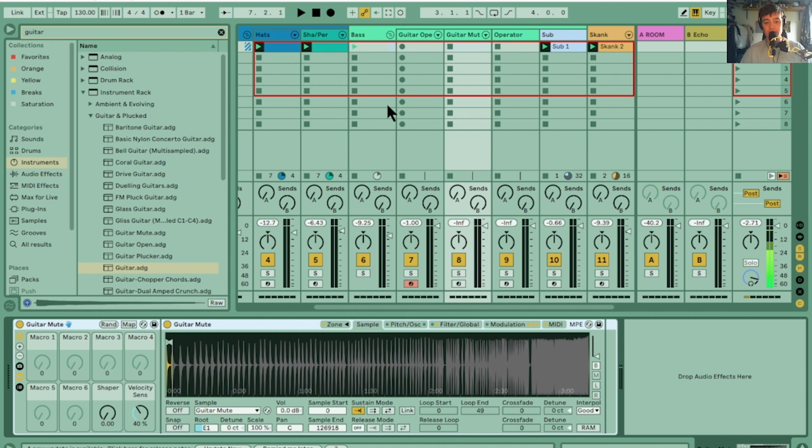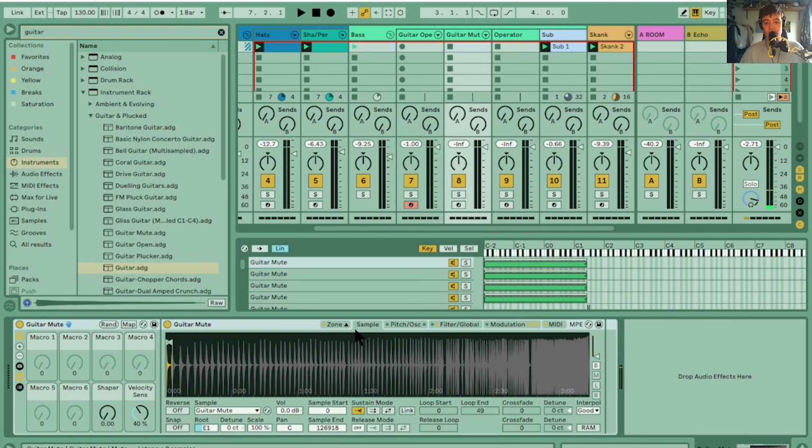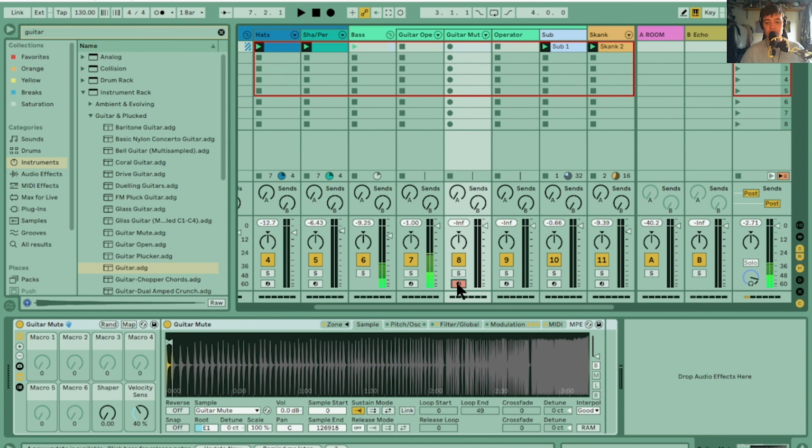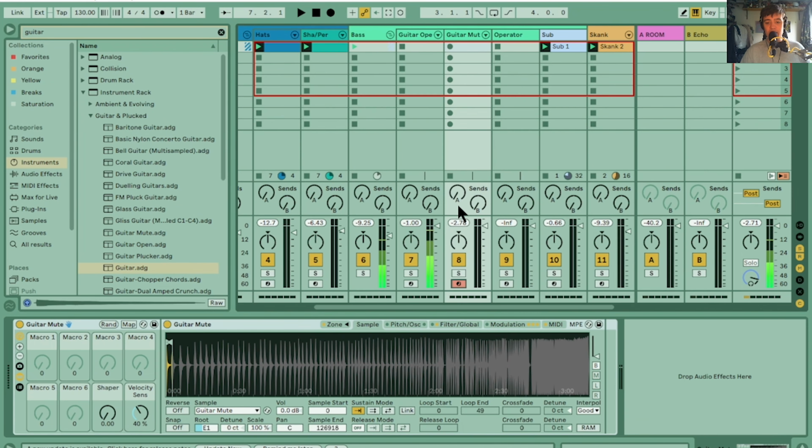So we're going to double click on the guitar mute, open the zone tab, and then do the same thing. Drag these 4 all the way down to the bottom. And let's just minimize the zone now. So we've got the open, and we've got the mute. Okay, now that's pretty much all we need to do in regards to editing and changing the sound at the